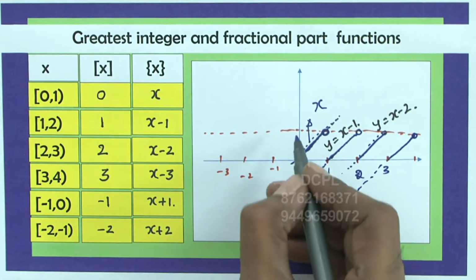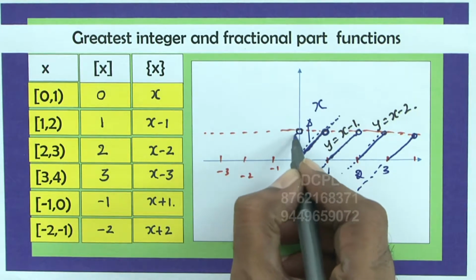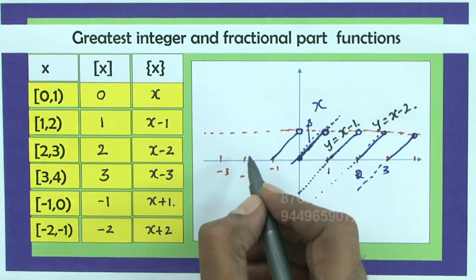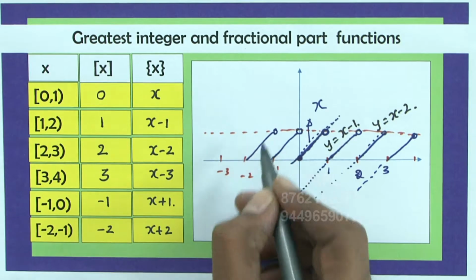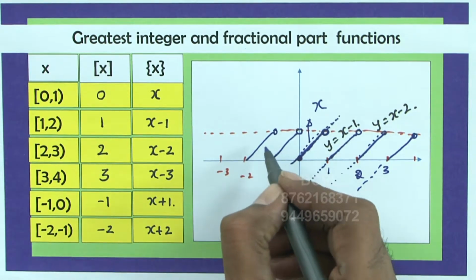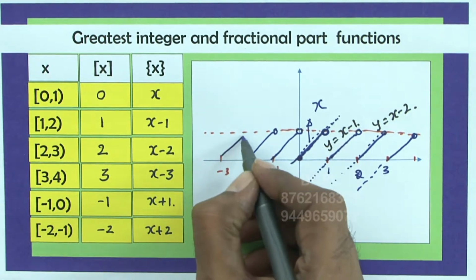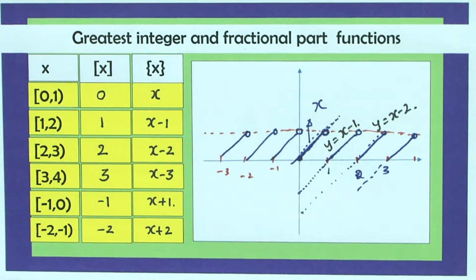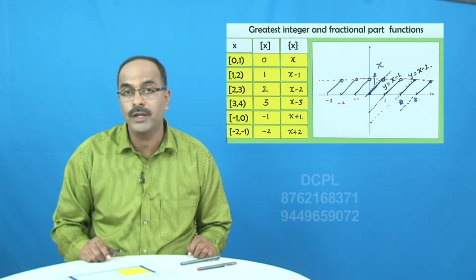Whereas between minus 1 and 0, the graph is clearly like this. Between minus 2 and minus 1, it is like this. This is x plus 1, this is x plus 2, this is x plus 3 and so on. If you observe carefully here, dear students, what we can conclude? See, if you look at the graph carefully,